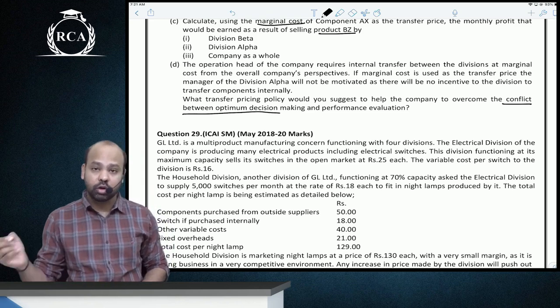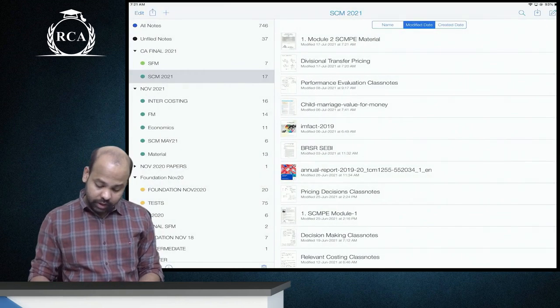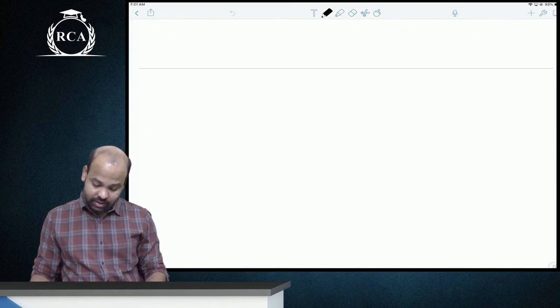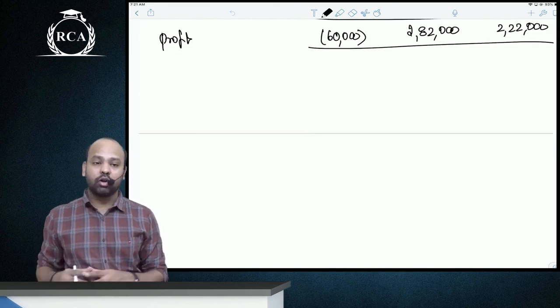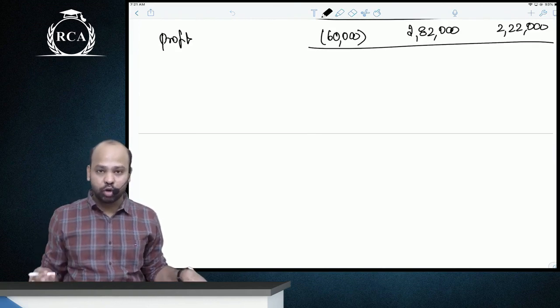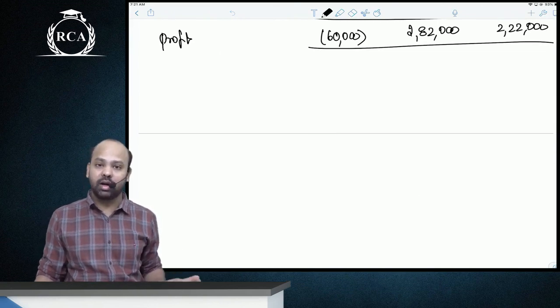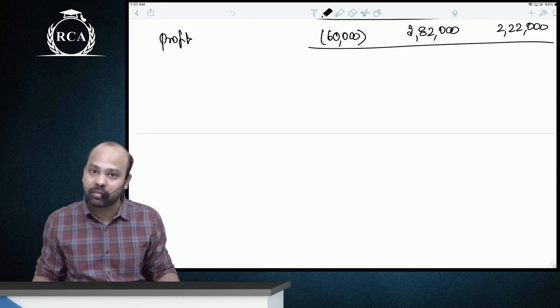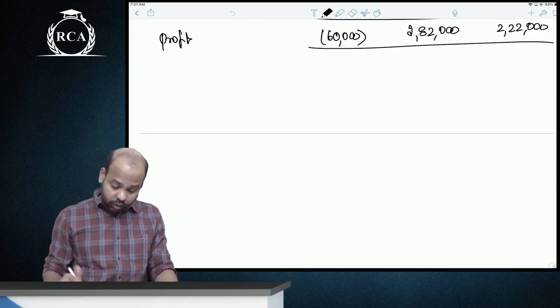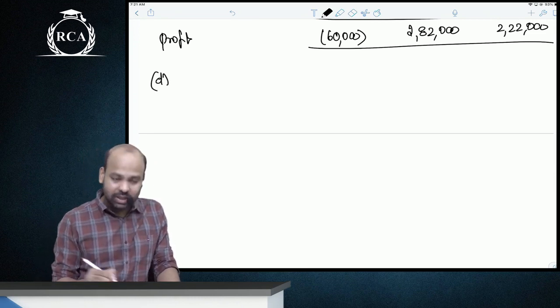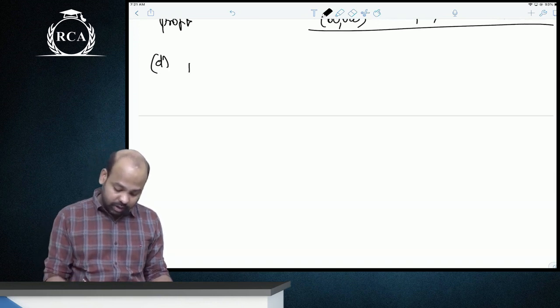You can talk about the conflict problem. Whenever they give bits like this, normally whenever they talk about a conflict resolving problem, please mention both the methods. But I told you that it is very important from the viewpoint of comments. Write about dual rate transfer pricing policy, write about two-part transfer pricing policy. Okay? This is what you're going to do. I'll just write a brief. Do not forget the divisional performance